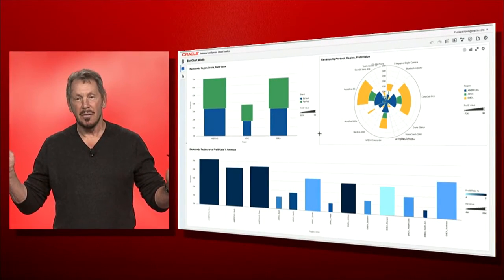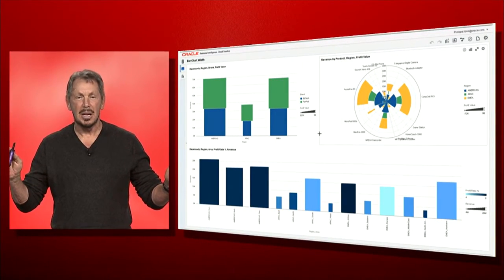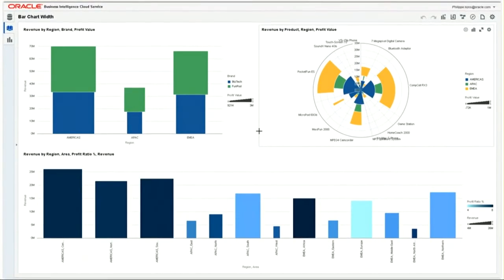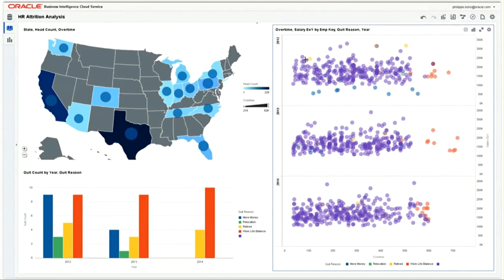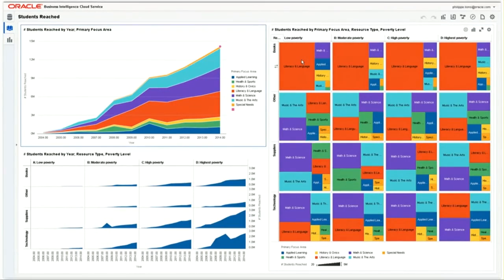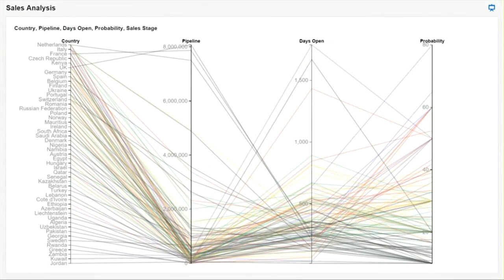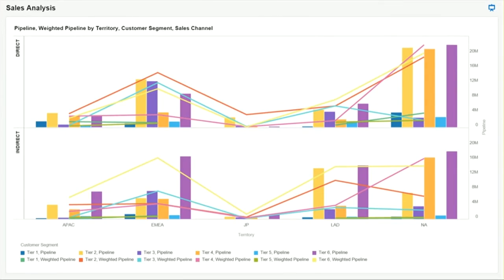We showed some very, very simple charts with this, but it's designed for end users all the way up to data scientists. But we have lots and lots of different kinds of charts, and let me just go through them quickly. But it's as complete a set of statistical analytics and charting as you will find in any product around. And all right. So